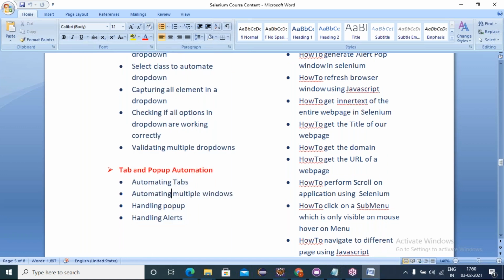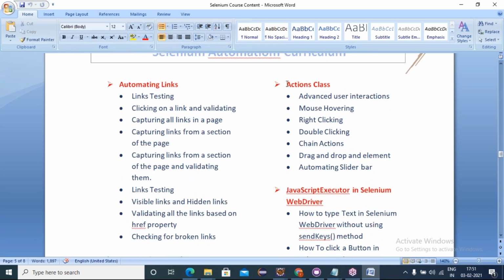Pop-ups. Whenever any pop-ups come during your automation script execution, we are the responsible person to handle those pop-ups. All those things we'll talk about, as well as Actions classes and JavaScript executors. Some of the advanced elements in your web application, like mouse over elements, whenever I mouse over a particular element only, it gets populated. That kind of elements, how can we handle it? Using the Actions classes only.